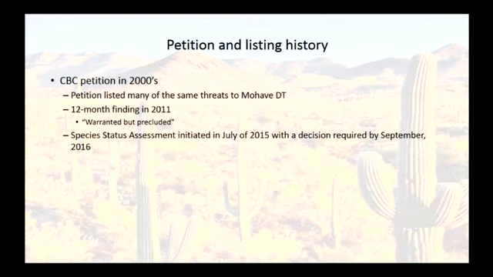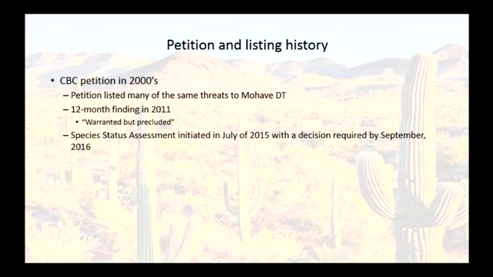Okay. So, I did mention this already, that the Center for Biodiversity Conservation petitioned the Fish and Wildlife Service to list the Sonoran desert tortoise as soon as it was recognized as an independent species from the Mojave tortoise. The Service did a 12-month finding back in 2011, which is kind of the old version of doing one of these species status assessments. They did a 5-factor analysis, which is really a process that just looks at all the things that could be going wrong for this species and kind of checking boxes. And if it checks enough boxes, then it's going to rise to the level of warranting listing.